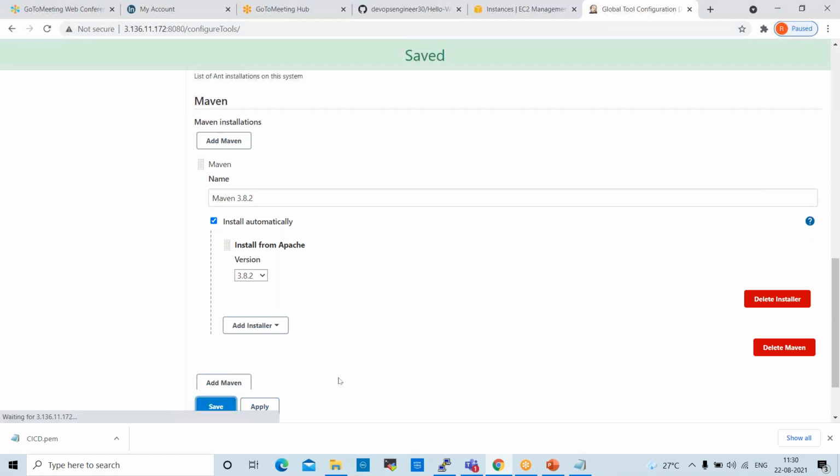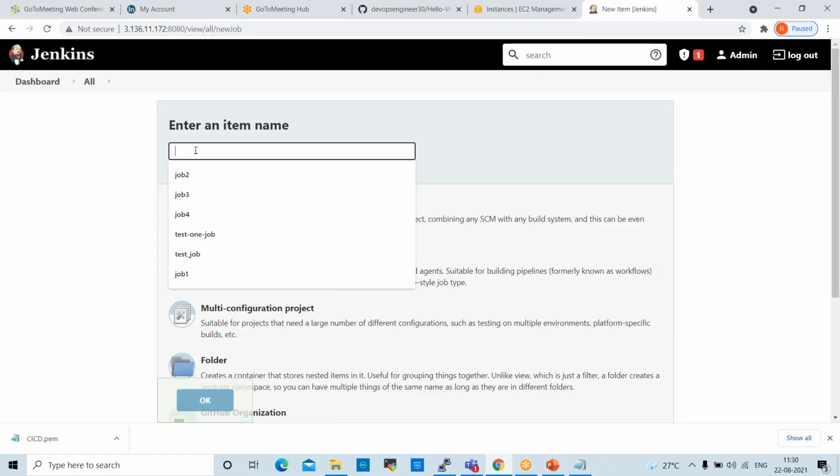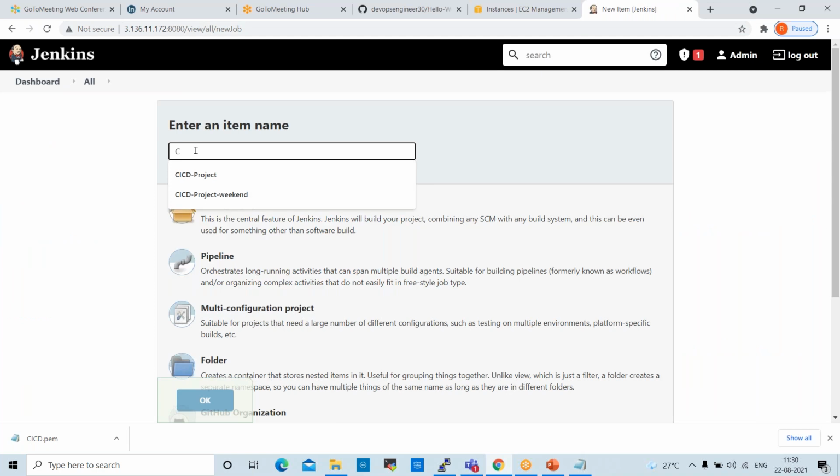Okay. Save. Now Maven is available. Quickly go to new and CI CD